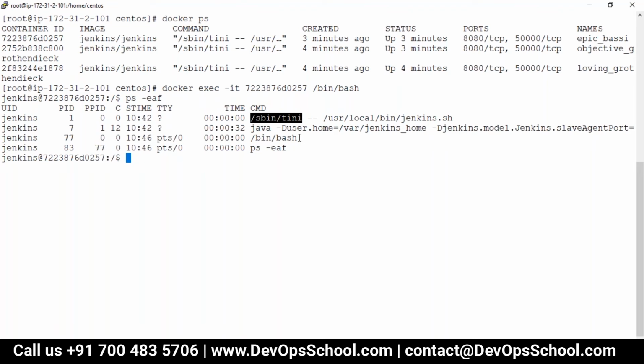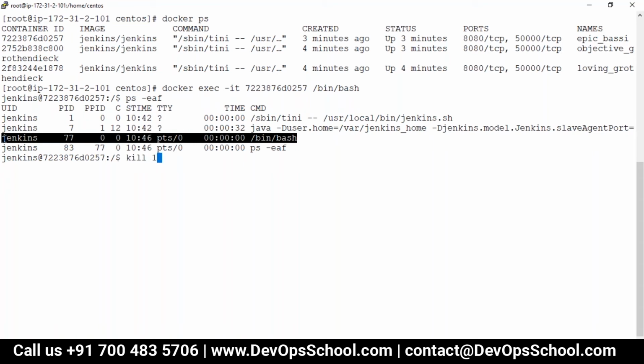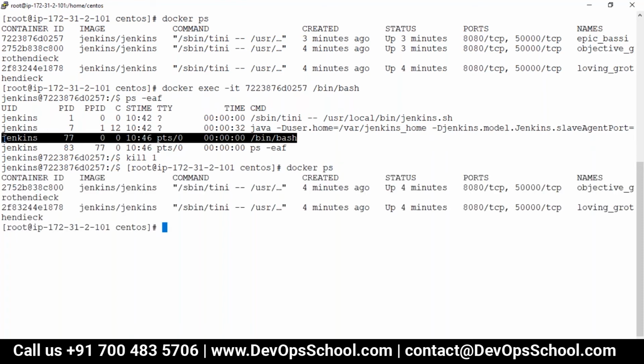So who am I? I am 77. So can I kill, see here, I kill the PID 1. Earlier I had 3 containers, now we have 2 containers. So that proves PID 1 is important.